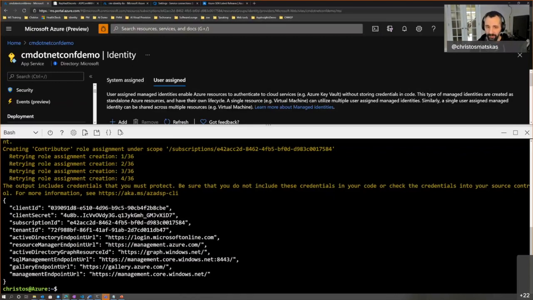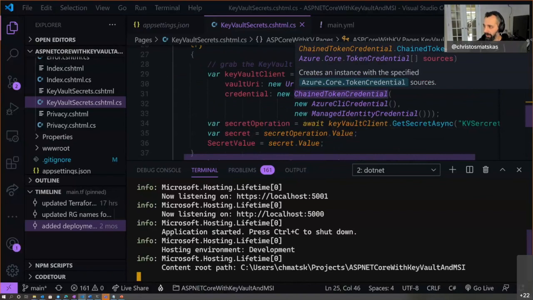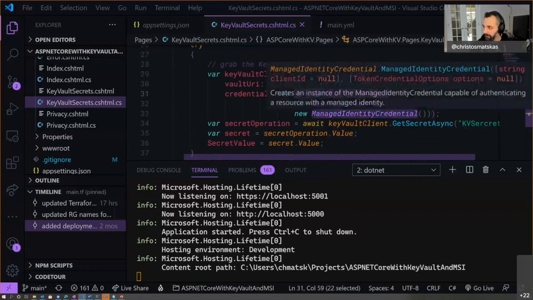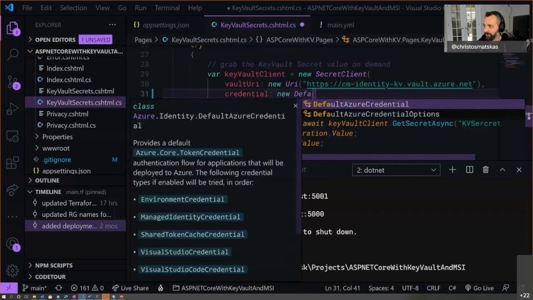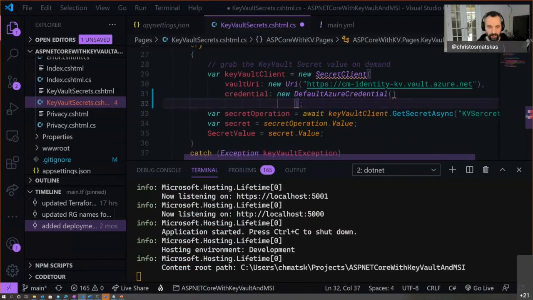And the reason why I'm saying that is because for everything to start with, you need a token credential or a credential provider. And there are options here. You can use the default Azure credential. And with that, you don't even have to say what you're going to use. You will try one at a time to find the signed in credential. So we'll try to find the managed identity. We'll try to find the other ones. So as soon as it finds one that is authenticated, then you're good to go.